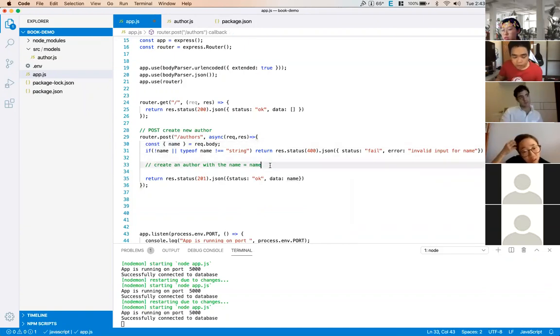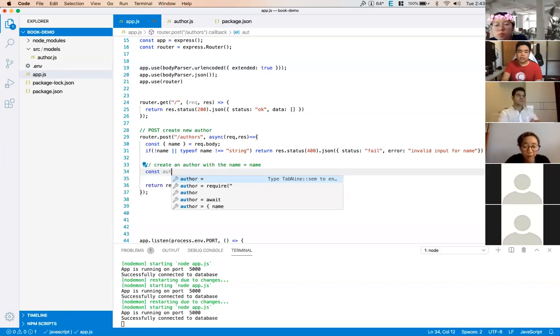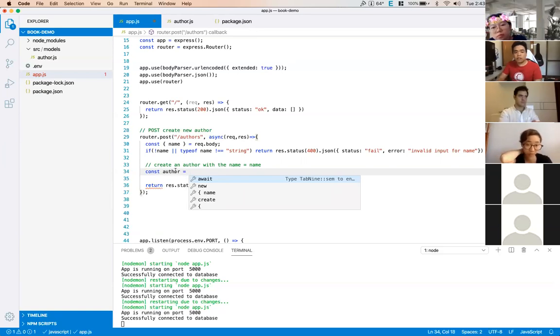So we don't do something like this. There are two ways to do it. In the lab, I stated two ways to do it, and there are pros and cons actually. Const newAuthor, you can call it newAuthor, but right now just call it author, and then you would use